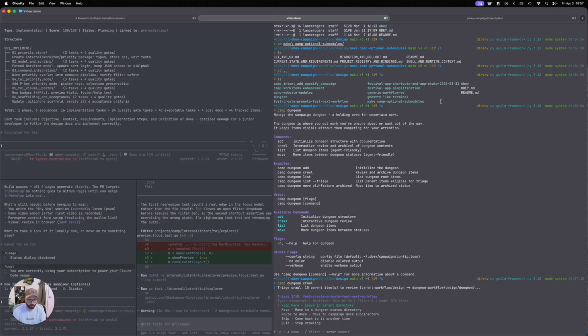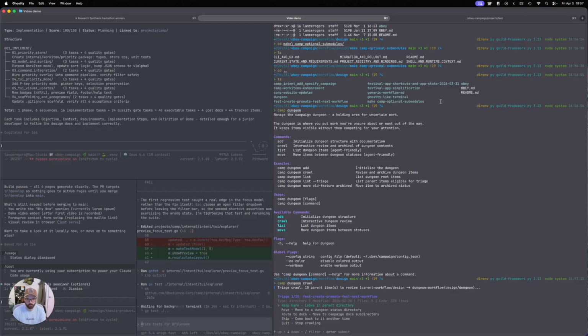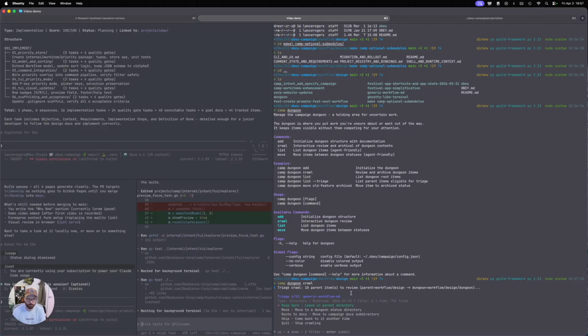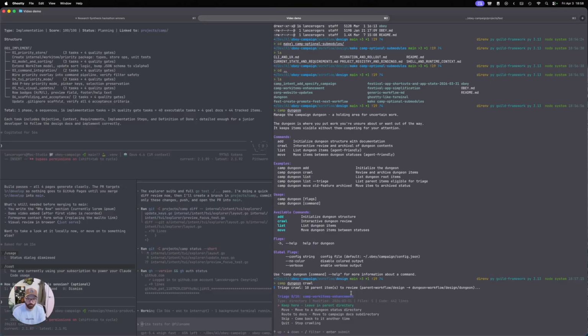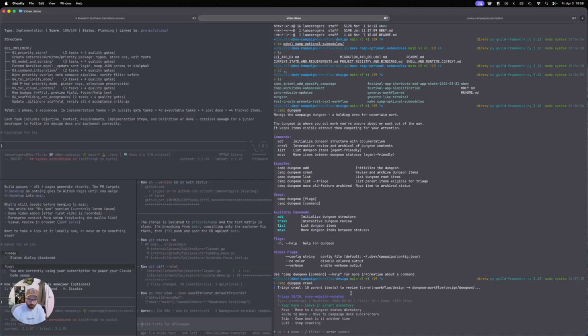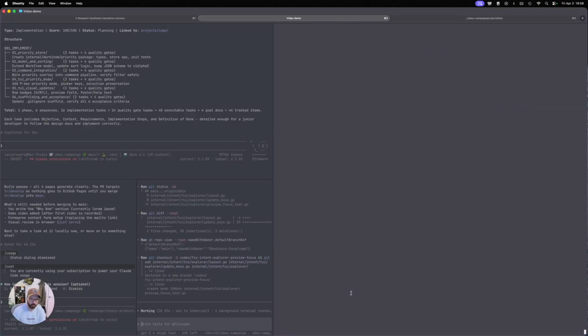And it'll bring up this little menu, and it gives you some quick options. So I can see this list: design, fest create, promote, fest next workflow. I haven't done that one yet, so I'll keep it here. This one, I'll keep this one here. Keep that one here. Keep that here. All right, this one's going to be a bad example because I've already cleaned this one up. If I look in the dungeon,